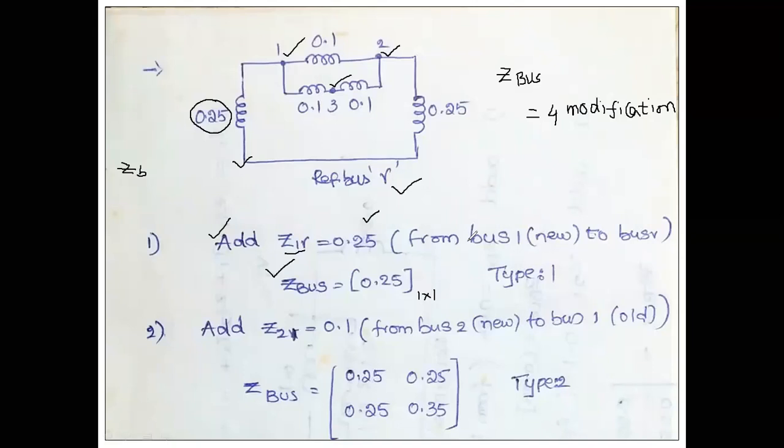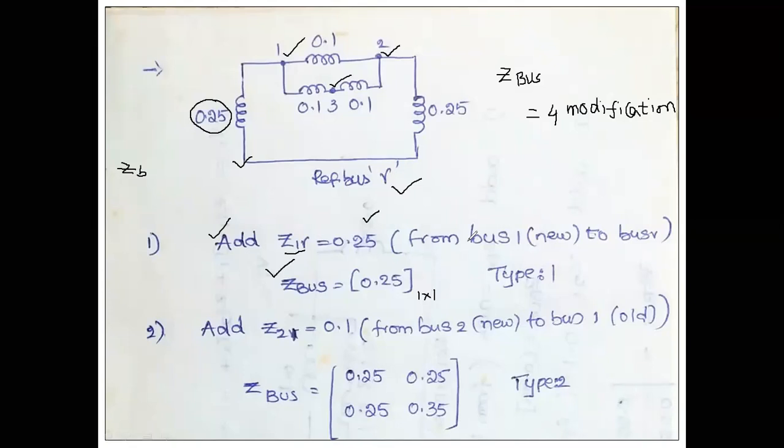Type 1 modification is when the additional branch impedance has been connected between a new bus and the reference bus. Here we are going to start the calculations by considering bus number 1 onwards. So bus number 1, bus number 2, bus number 3. So directly there is no